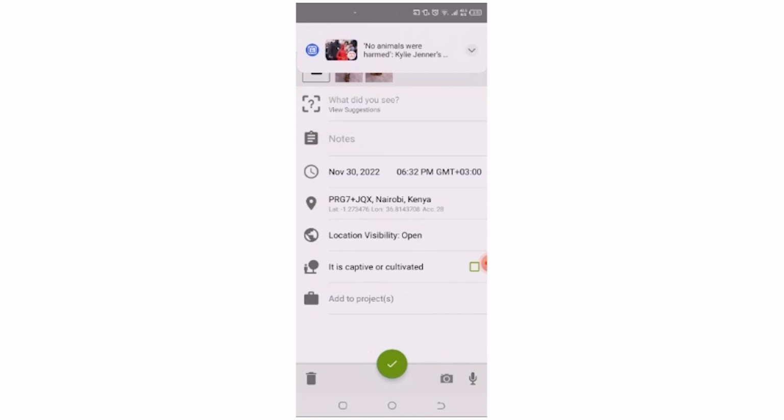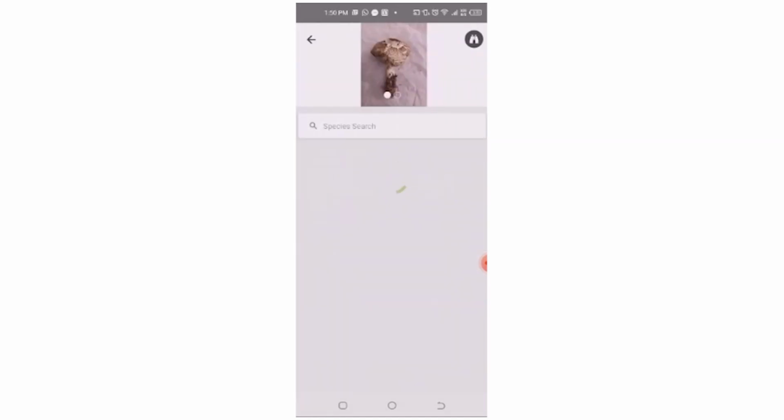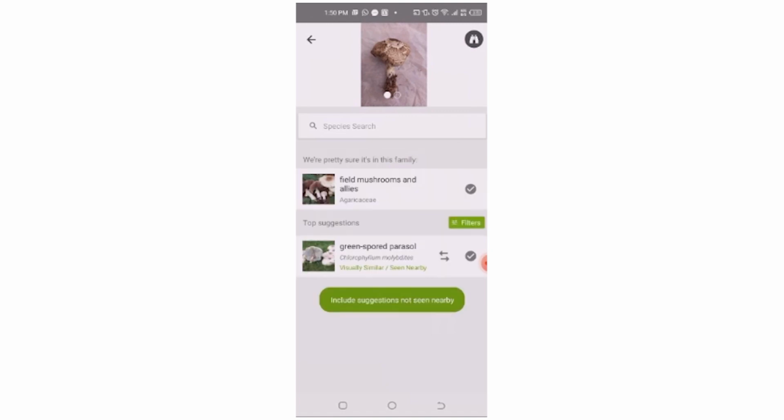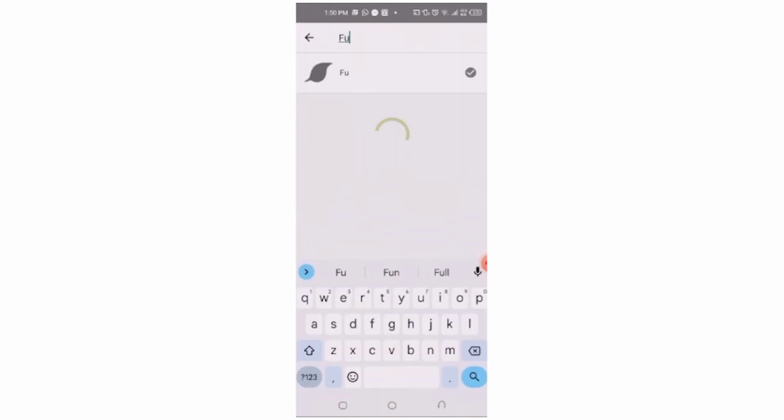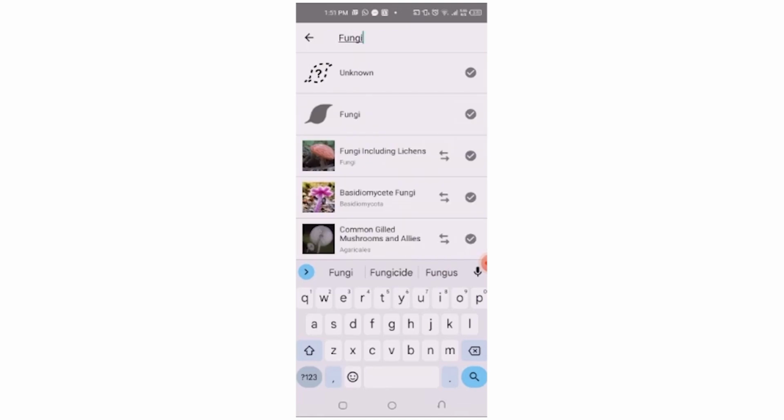You can also suggest the name of your observations. So what you do, just below the images or your image, you can see where it is written, what did you see? So you can view suggestion, and because we are concerned with mushrooms, we can suggest the name fungi. So you write the name fungi. If your mobile has data or data is on, then it will be able to give you the various suggestions. So in our case here, we can select fungi including lichens. Otherwise, if you do not have data, you can just write the word fungi and then